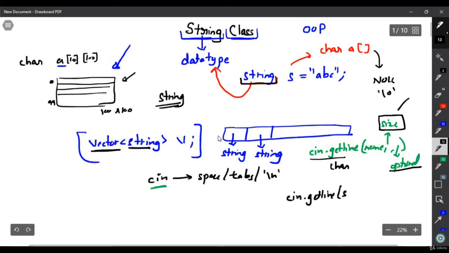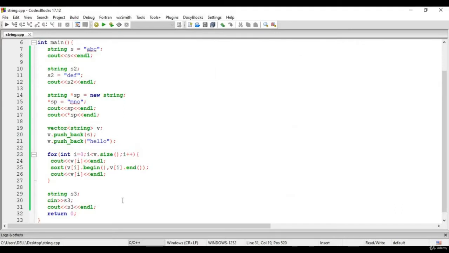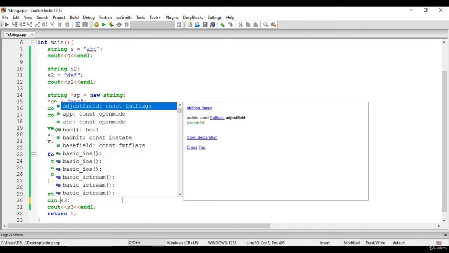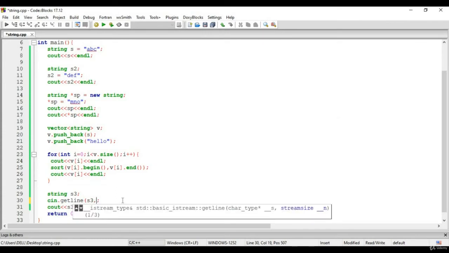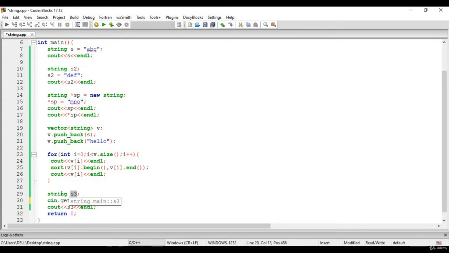You do not have to worry about size or about the null character. So I cannot use the cin.getline function.